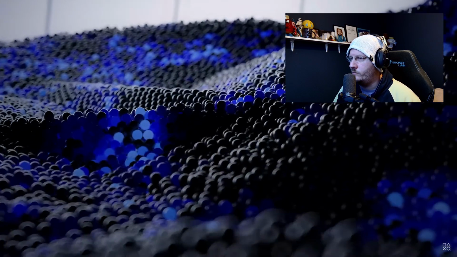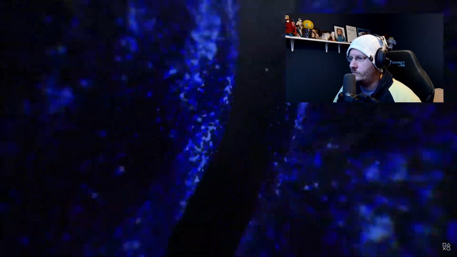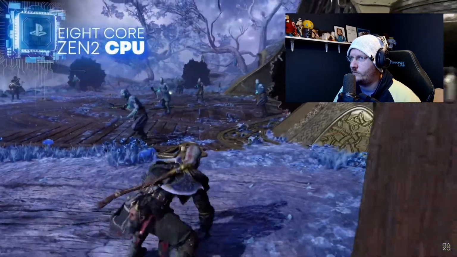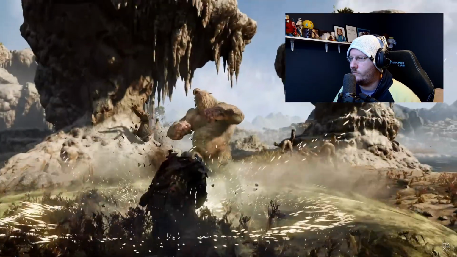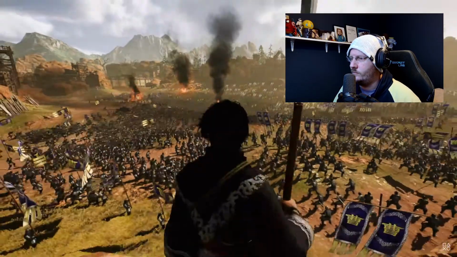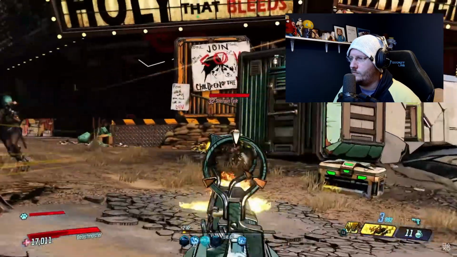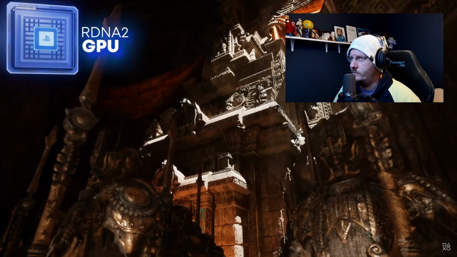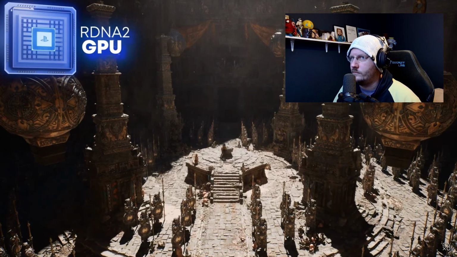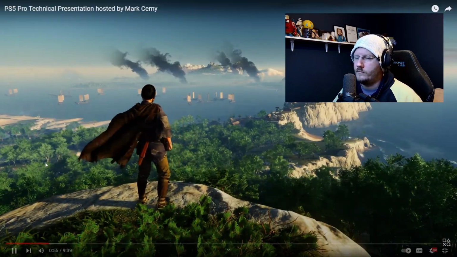When PS5 debuted in 2020, it brought a lot to the table. 8 Zen 2 CPU cores form the brains of PlayStation 5 and enable high-speed complex gameplay, with character counts reaching into the hundreds and frame rates that can be as high as 120 frames a second. PS5 has a powerful RDNA 2 GPU, which can render anything from intricate details to fantastic worlds with vast panoramas